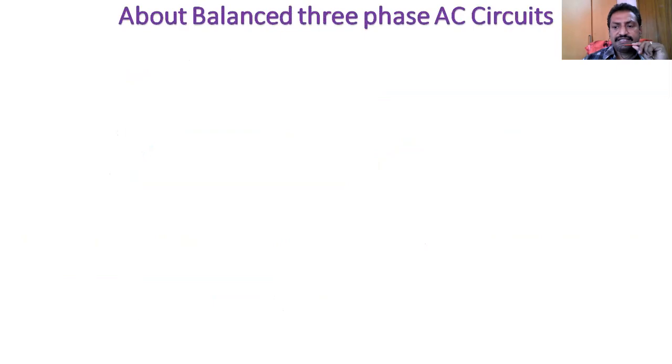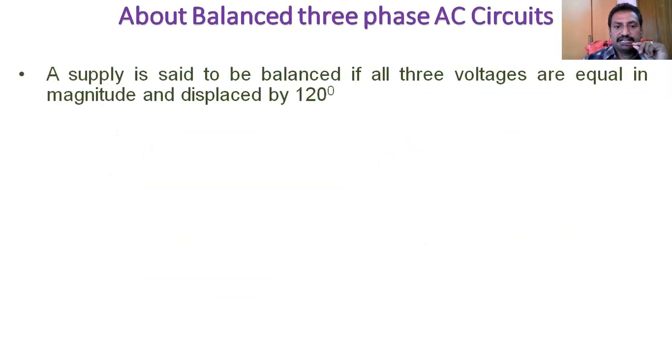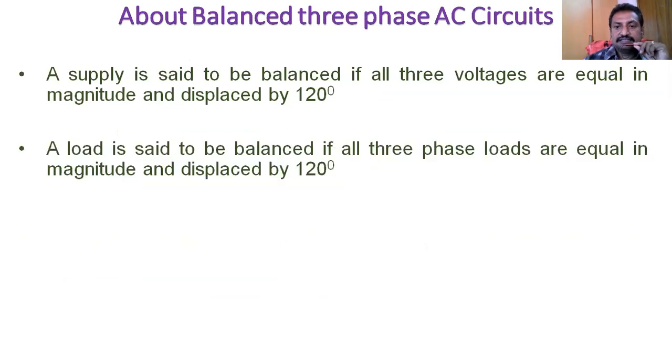About balanced 3-phase AC circuits, we'll come back. Generally, there are 2 types of circuits: balanced and unbalanced. First, we'll go for balanced. What is balanced? When the 3-phase magnitudes are equal values and displaced by 120 degrees each phase, it is called balanced AC circuits. Also, when 3 loads of 3 phases are of equal magnitude and displaced by 120 degrees, they are also called balanced